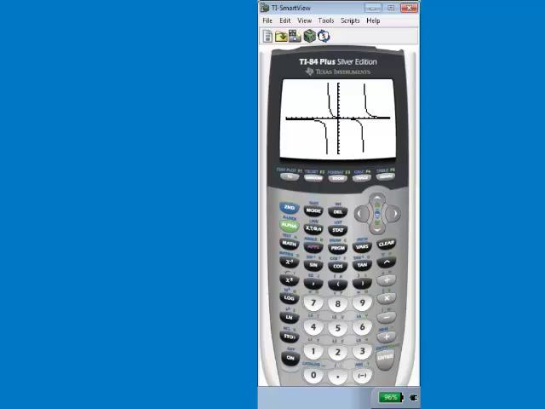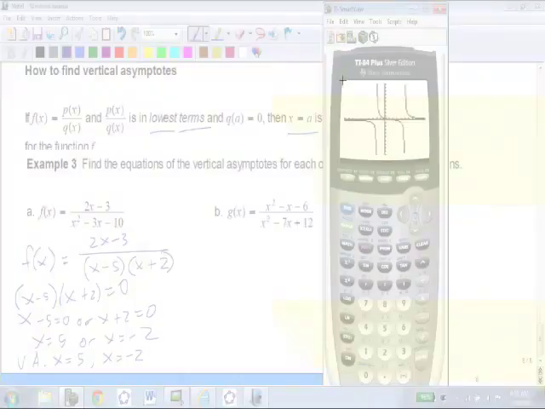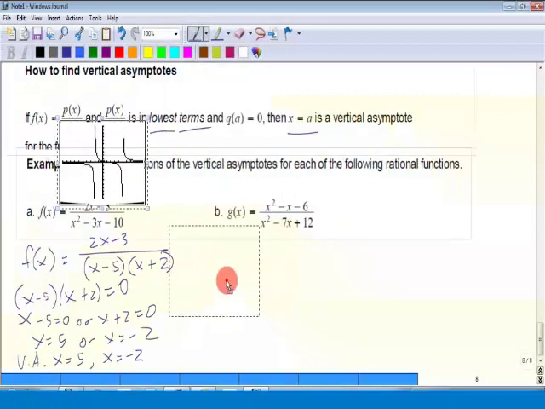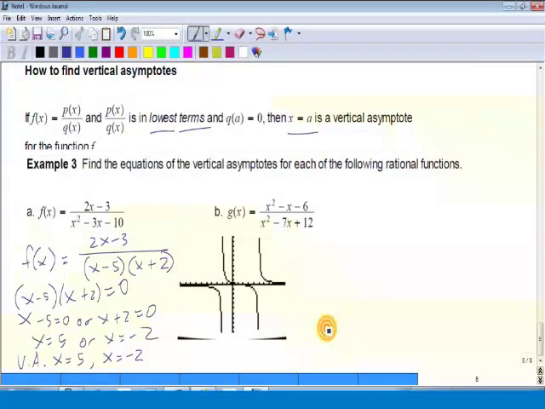Pretty clear that x equals 5 and x equals negative 2 are the locations of the asymptotes, actually the asymptotes themselves. Right there, x equals negative 2, and right there, x equals 5. Now, if you're using the